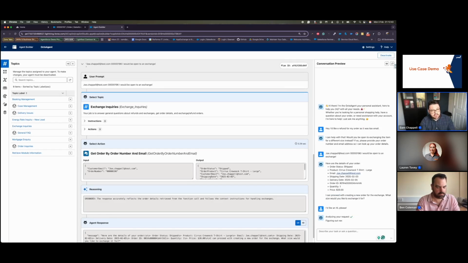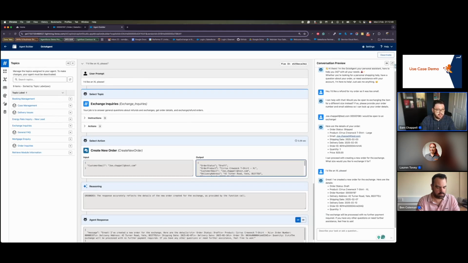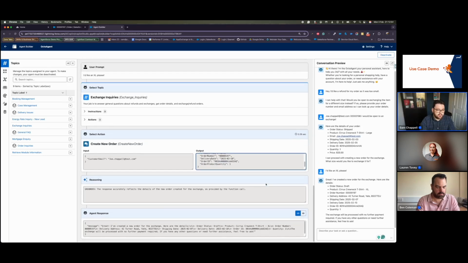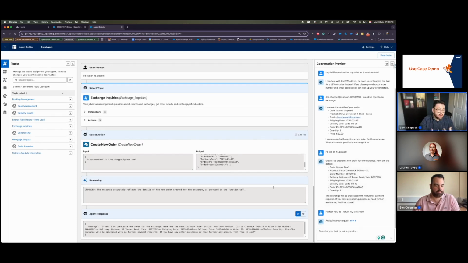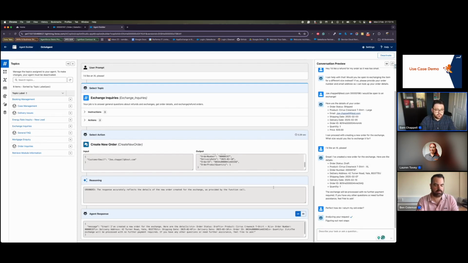And you'll see that what we're doing here is pulling information from a flow to generate a new order. And you can see all the various pieces of information on that output field based on the information we've pushed in and the context of the conversation. So all the variables that we're generating are all being pulled from the context and dynamically stored by the agent for use later on, because it knows what actions it has and it knows what inputs need to go in, which I think is a really powerful way of making lots of reusable automations that you can use across the board,